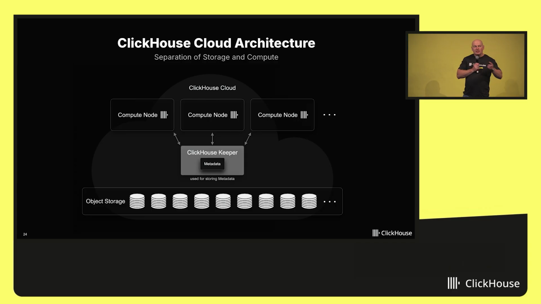We guarantee functional compatibility between the open source and our cloud product. You can run the same query on both sides. But under the hood, the architecture is actually very different. In the open source, you generally run ClickHouse in a shared nothing architecture, where the data sits directly on the nodes. So if you have to resize the cluster or replace a failed node or do an upgrade, it's actually quite slow and complicated. As a result, you typically have to over-provision your cluster for your peak load, and you have to pay for all of that infrastructure 24/7.